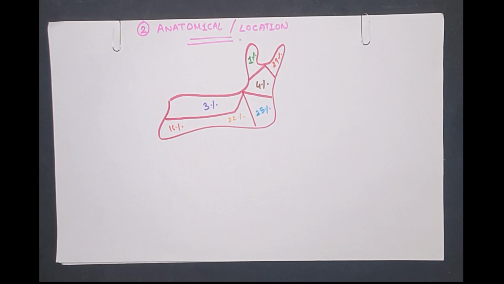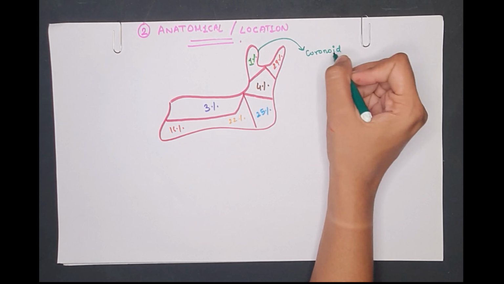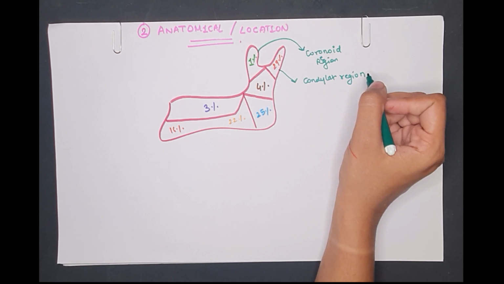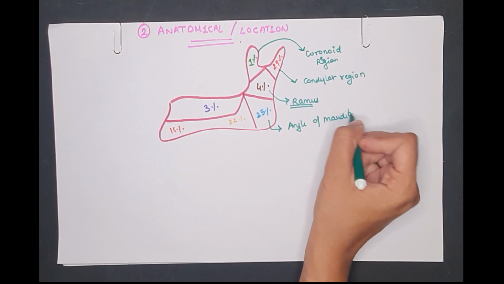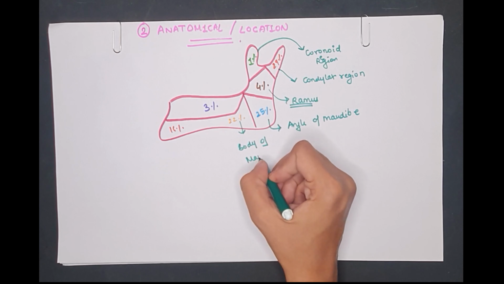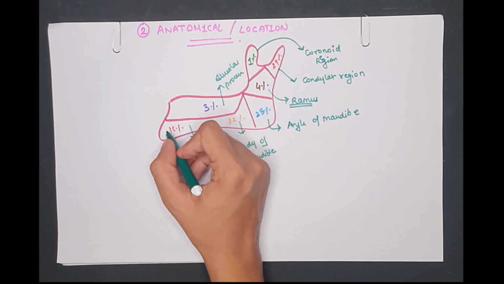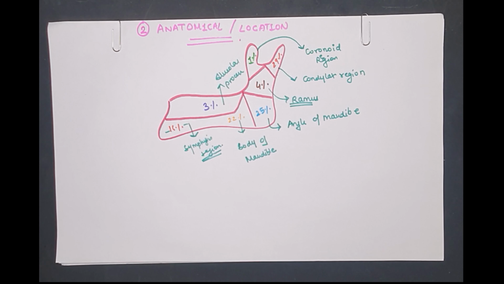As you can see, the condylar and coronoid processes constitute about 1% and 29%. The angle is 25%, the body is 22%, and the symphysis region is 16% of the overall fractures. These are the percentages which give the overall fracture rate of the mandible. And in the alveolar process there is a 3% chance of fracture that is usually seen.